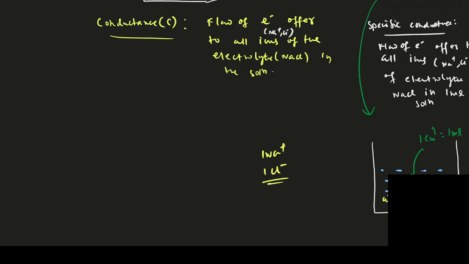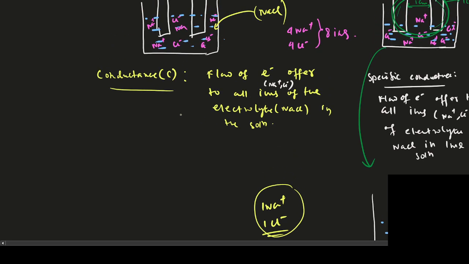And if you find, within this amount of volume, how many ions of electrolytes will be present? Since these are distributed homogeneously, if you take a unit 1 ml volume of these solutions, then in this example 1 Na plus and 1 Cl minus is there. It means that here the conductance is more, the number of ions is more. Conductance means flow